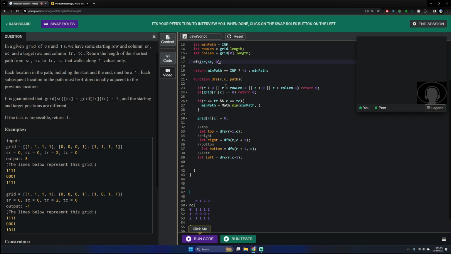So let's say source will start at 0, and whatever we do, we go path plus 1, path plus 1, path plus 1, and path plus 1, and so whichever will go